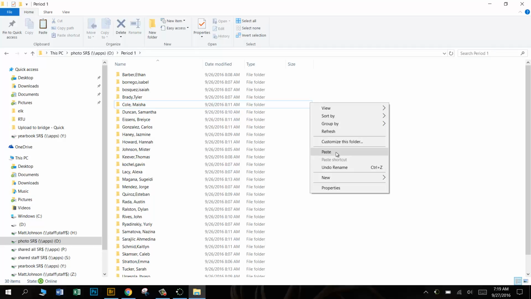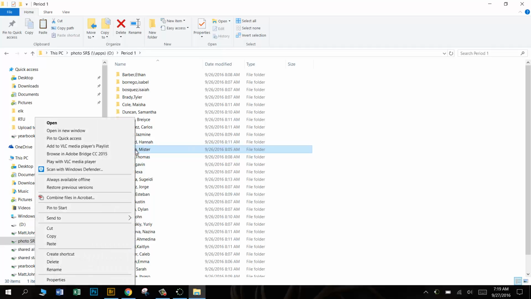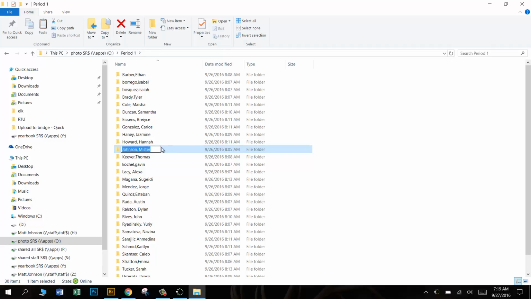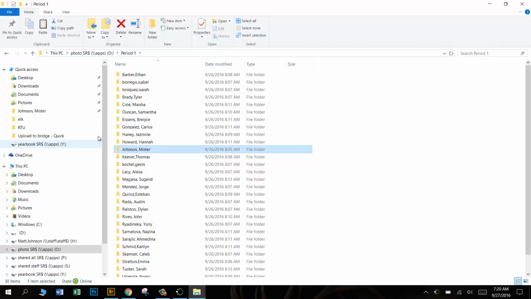And that will move your photo from your Photos folder to your new folder where we are going to store all of our photos from here on out. I'm not actually going to paste it because mine is already here. It's right there. Now, I want to make this super easy to access, so I'm going to right-click on this, My Folder. Just make sure you right-click right on the words, right on the name, and you are going to choose Pin to Quick Access,